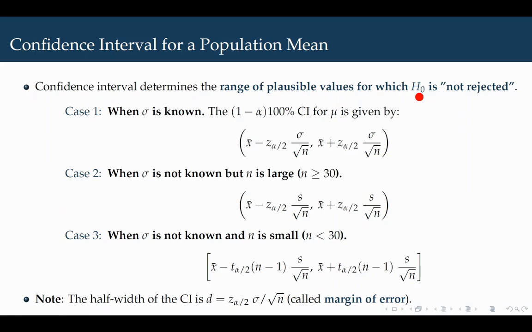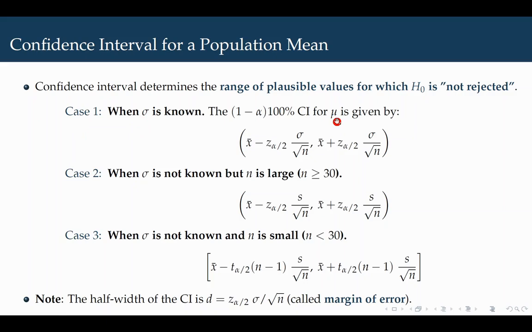So for those values in the interval, the null hypothesis is not going to be rejected. So using the methods of calculating the test statistic, we are going to consider three cases here again. If the population variance or population standard deviation is known,